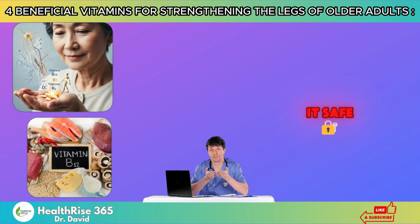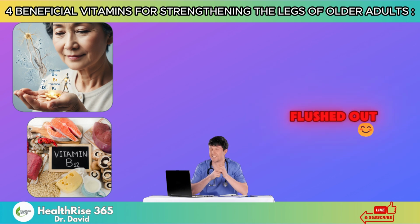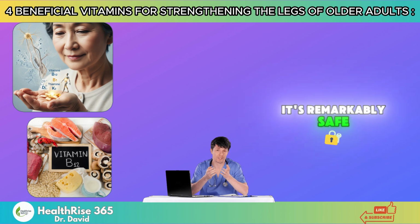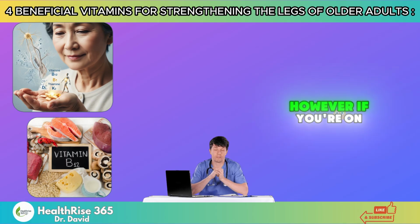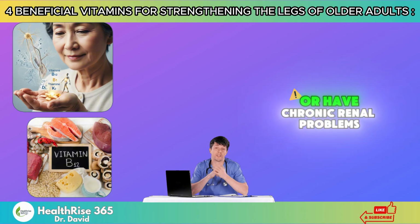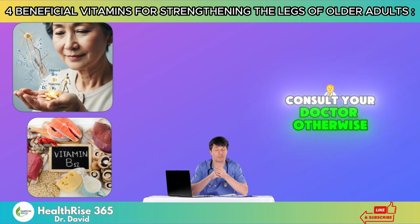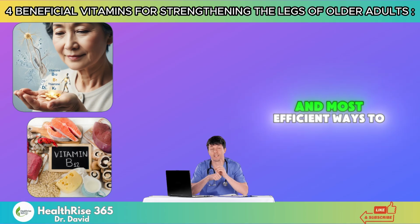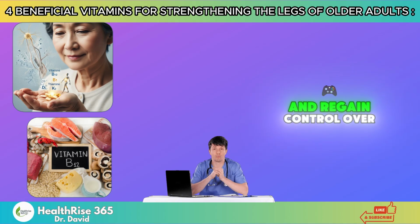Is it safe? B12 is water-soluble, meaning any excess is simply flushed out. It's remarkably safe even at high dosages, with no known lethal amount. However, if you're on blood thinners or have chronic renal problems, consult your doctor. Otherwise, B12 supplements are among the safest and most efficient ways to increase energy, enhance nerve function, and regain control